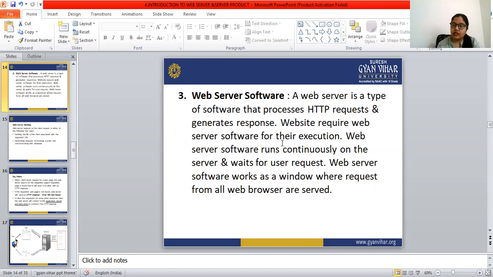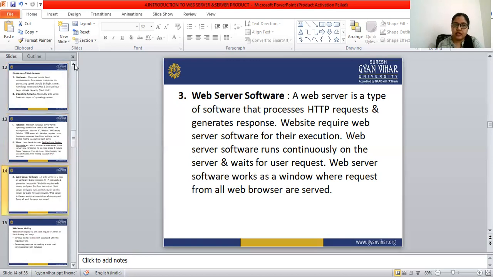The URL is converted to the IP address by the Domain Name System, DNS, and after that we get our web page. All of this is done by the web server software, which runs continuously without any stoppage and waits for user requests.